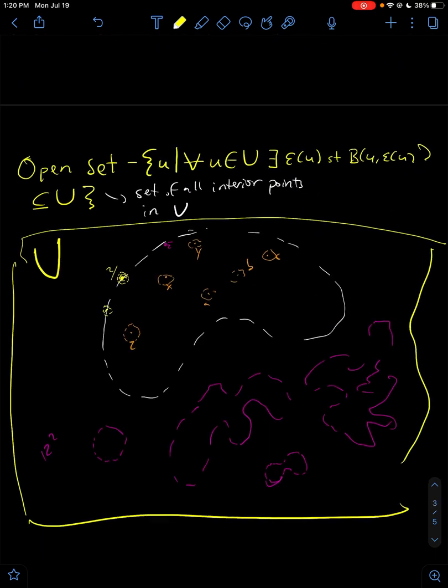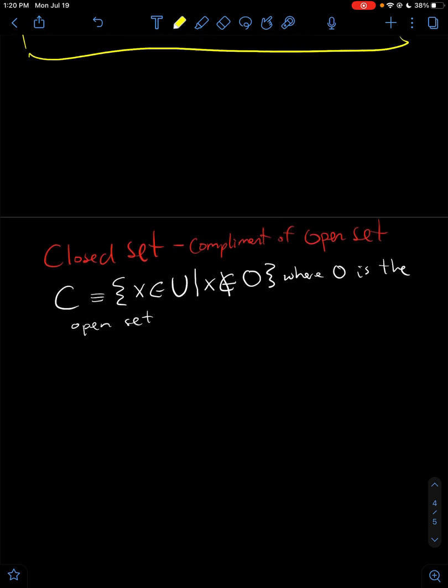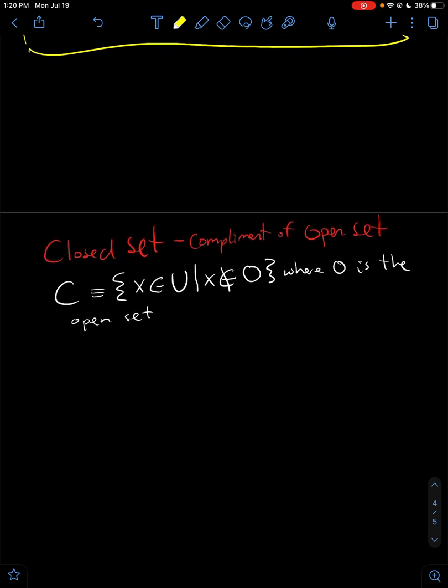Should have noted that, right? So the closed set is a set of points x, where x is in U, big U, but x is not in O, where O is the open set. So it's pretty much saying that it's all the points that aren't in the open set. So if I have some open set,